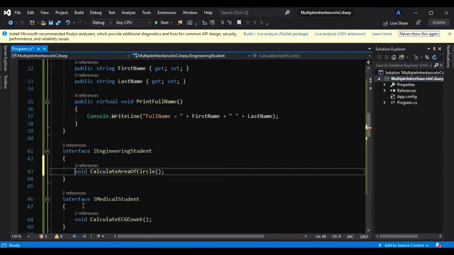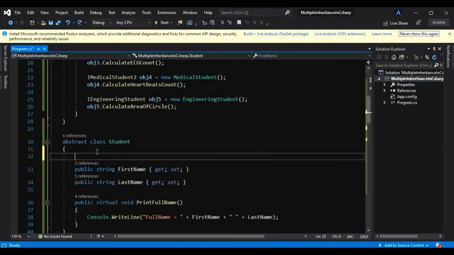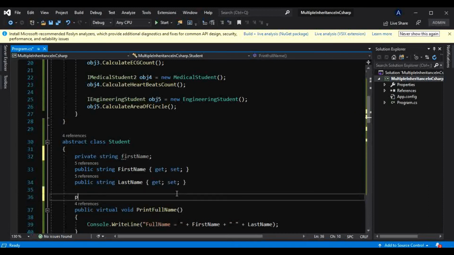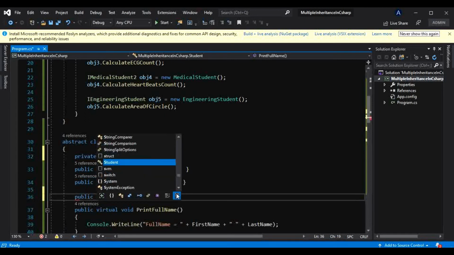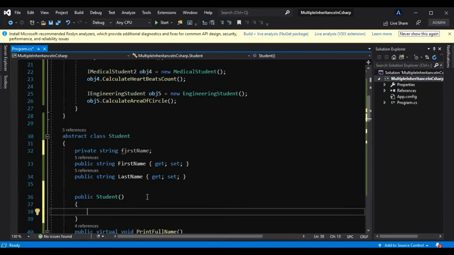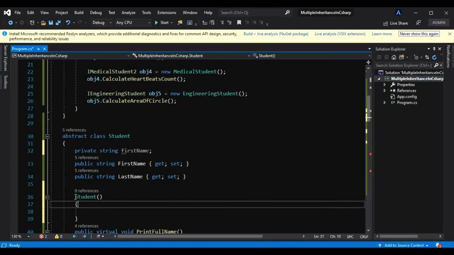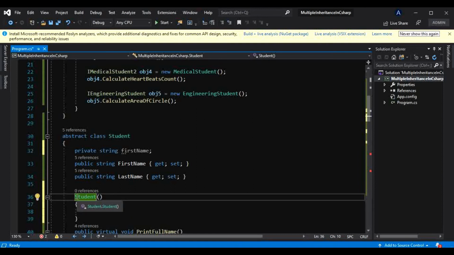So this is not possible. But this abstract class can have fields like this: private string first name, and they can have a constructor, public Student, and that can be public or private, because we know if we don't put any access modifier in front of it, it will be private by default.